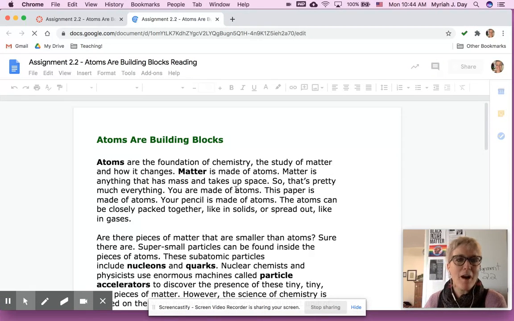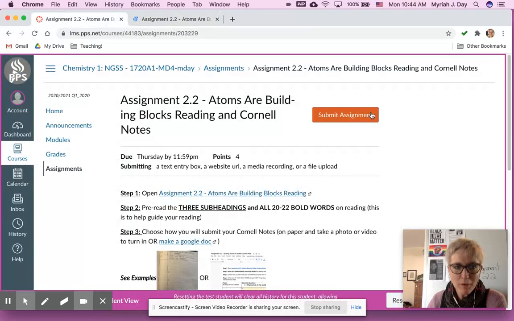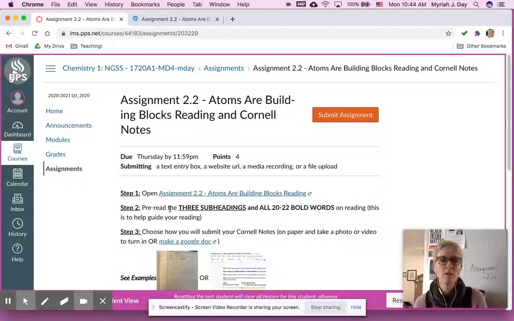That's our first step. Our second step is a pre-reading strategy that I strongly suggest that you do for all of your assignments or any kind of reading. The first thing you need to do is just skim the reading. And you have your 3 subheadings that you need to make sure you read in all 20 to 22 bold words. So it's just like, again, skimming the reading so you have an idea of what the reading is going